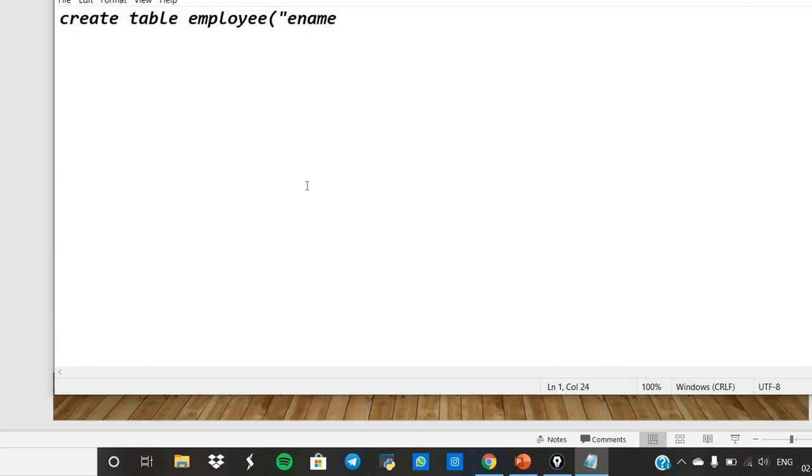Employee name will be a variable character, varchar, with memory space as 10, and employee id I'm going to give as an integer, or you can give number 10.